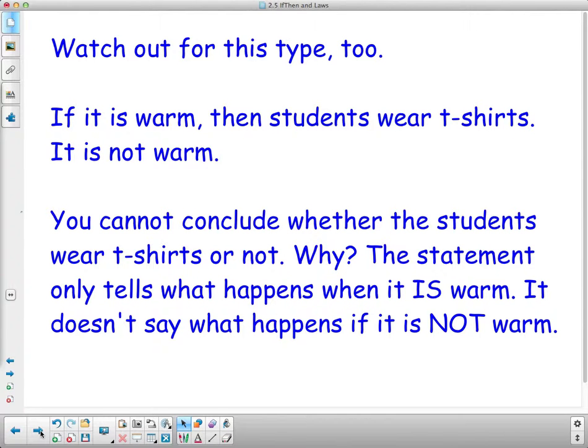All right, so what happens on the first ones? The first ones, it said rewrite it as an if